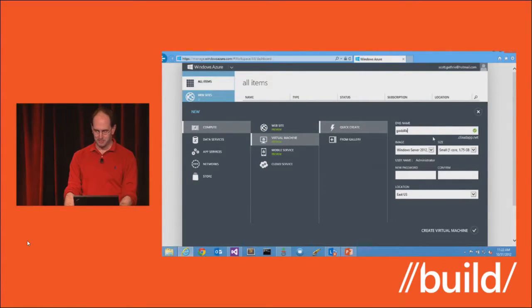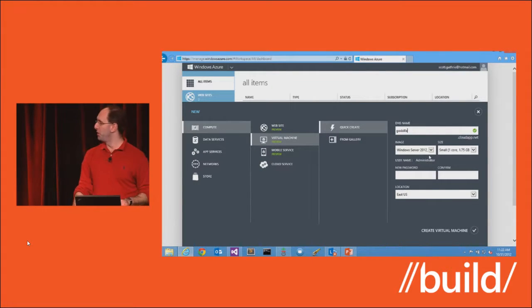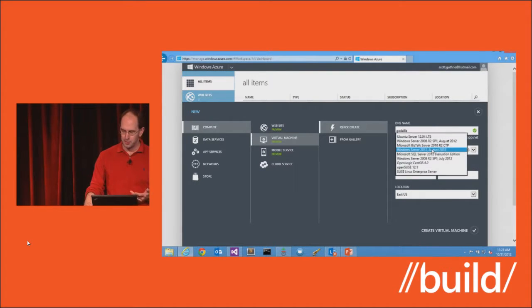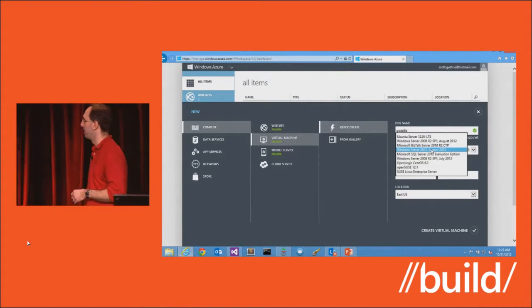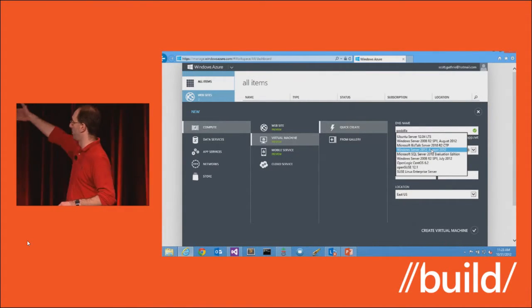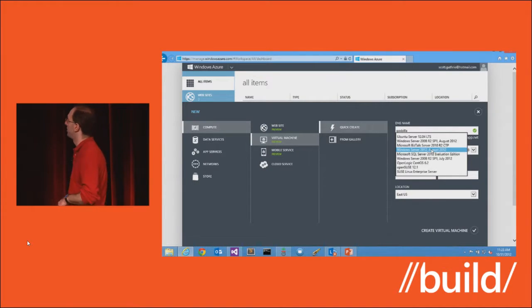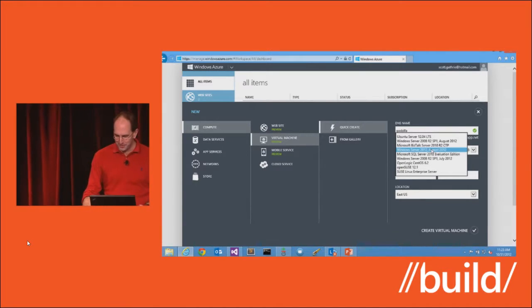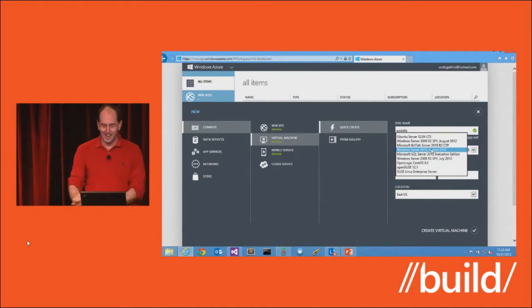Let's see. Did anyone pick? Oh, no one's taking Godzilla, so you're in luck. One of the things you can do when you define this app is pick what image you want to use. We support a variety of different images. You'll notice we support both Windows Server as well as Linux images. In fact, we love Linux so much, for some reason, we actually have a Linux instance first in the list. I noticed that last night. That might not be first in the list next week, but it is today.